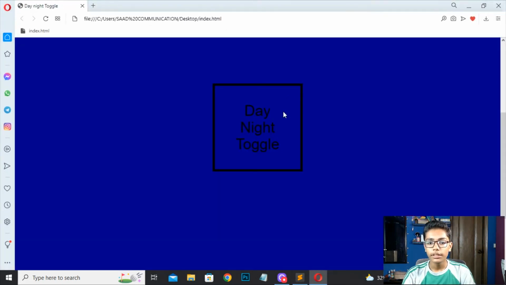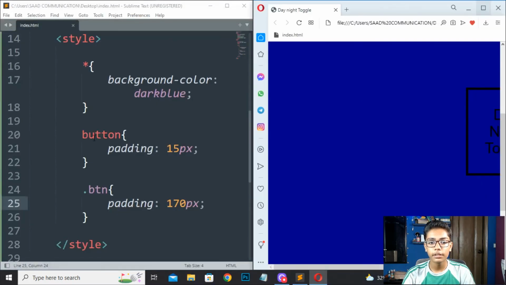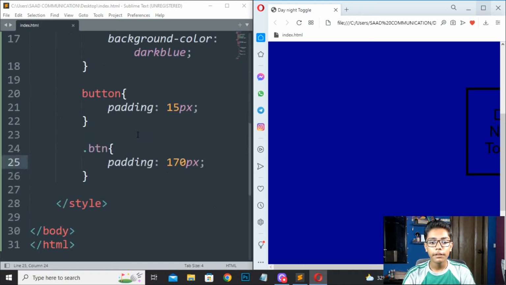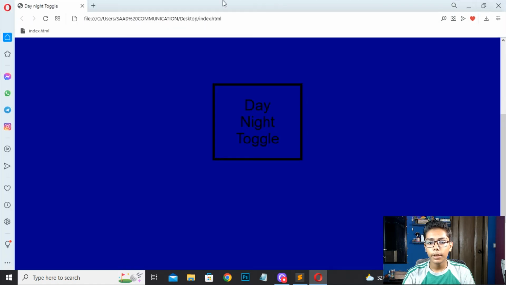Now you can see we are just getting it in center, but still it is not looking good. So here you can see we have written this button. Now I will be doing one thing. I will be just changing its size. So for changing the size of your button, just move here and give the padding of 10 pixels. Save here and reload. Now when you reload this, you can see the padding of button just became